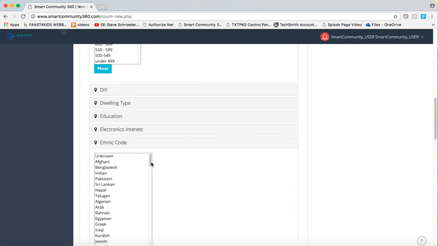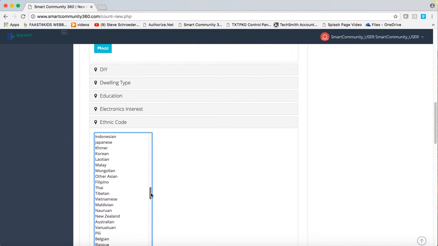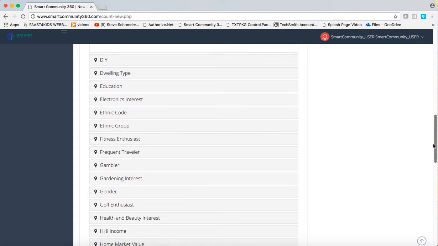ethnic code is absolutely amazing. Look at these. I mean, and believe me, you find every single one of these people all over the United States in every city. You can find out any ethnic code, any ethnic group, whether, all of these categories can be stacked. So let's go down to a couple other